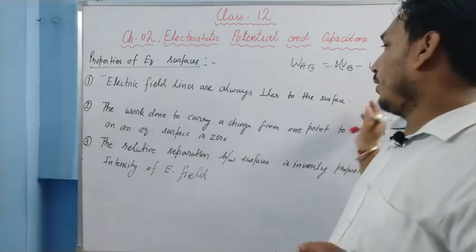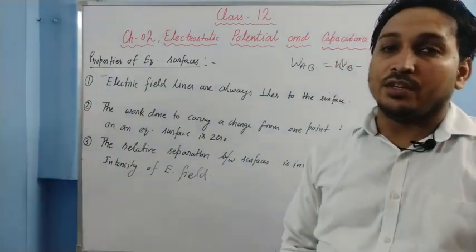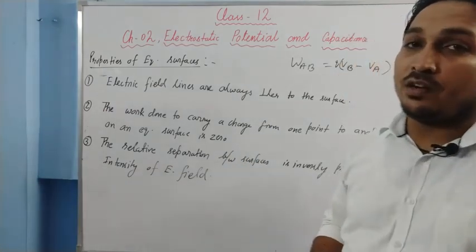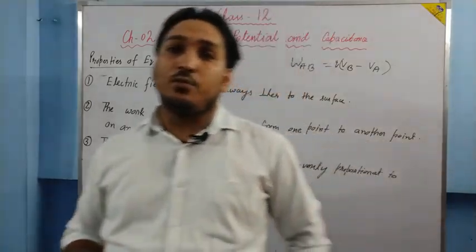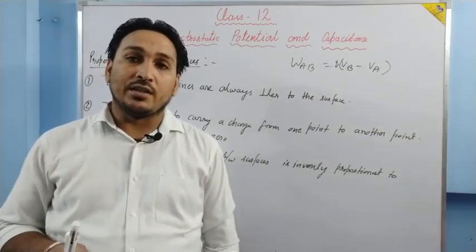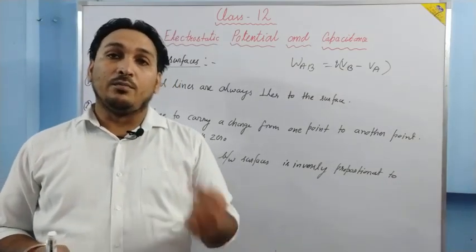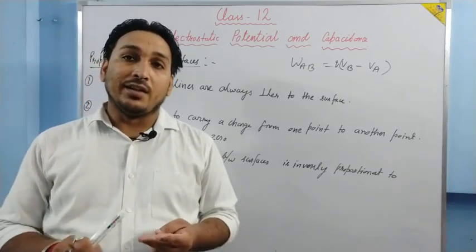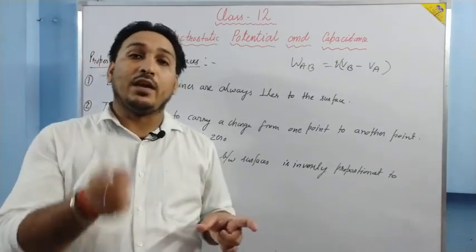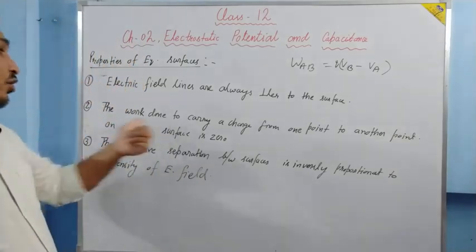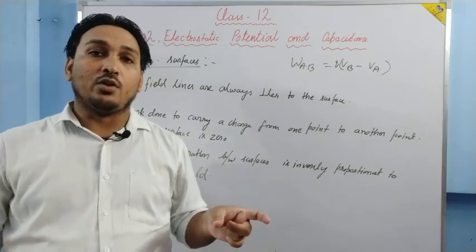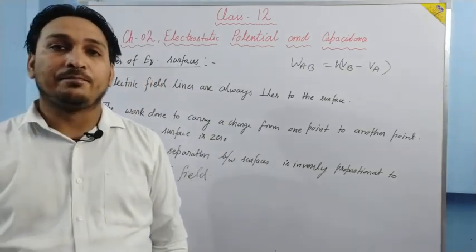Electric field lines are always perpendicular to the surface. Sometimes in the board examination it is asked why it is so, or to prove that it is like that. So we do it with the contradiction method. Suppose the electric field is not making an angle of 90 degrees with the surface; obviously it will make some angle theta. Then there will be two components of the electric field: one along the surface and one perpendicular to it. Then we would have work done along the surface because of the component of electric field along it, but the work done is always 0, and therefore the component of the electric field along the surface must be 0, and because of it the angle must be what? 90 degrees. Is it clear?